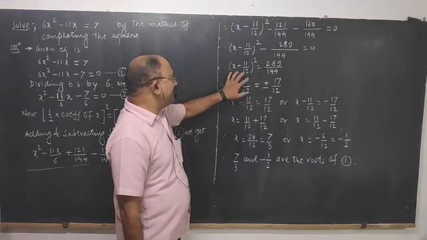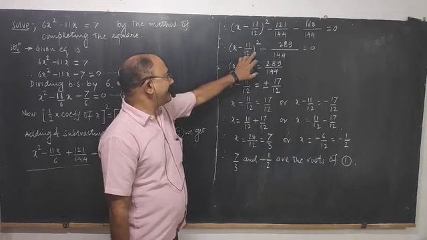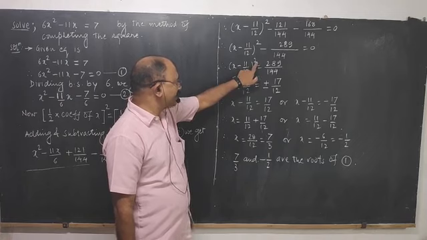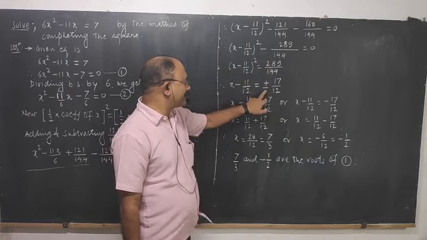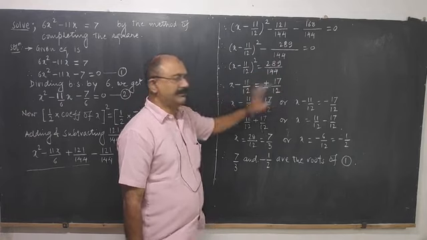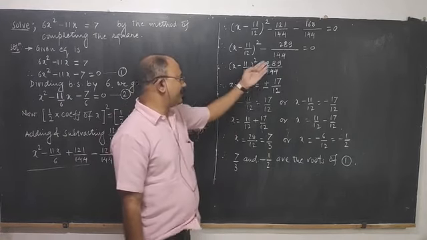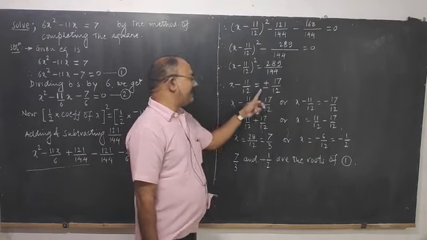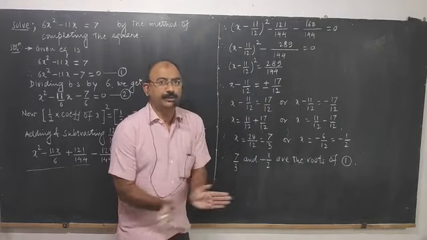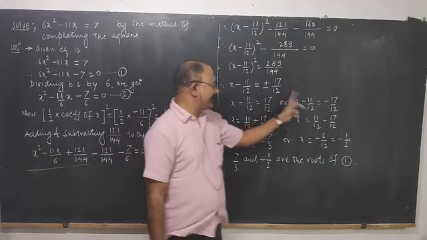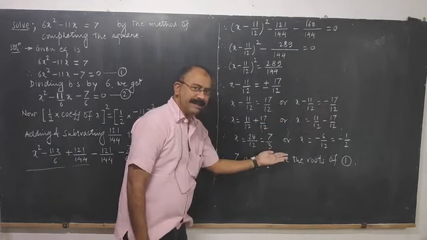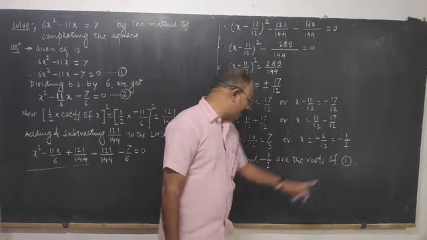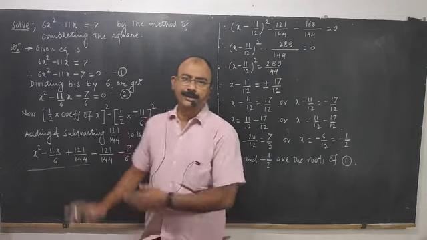So you are getting the equation of the form bracket square is equal to some number. So you take the square root. When you take the square root, this square will go, and on the right hand side plus minus 17 by 12. Why it is so: square root of 289 is 17, square root of 144 is 12, and you have to put plus minus sign. Now you are getting 2 different cases. One will be plus, another will be minus. Simplify and go till the end. You get the values x is equal to 7 by 3, x is equal to minus 1 by 2, and these 2 are the roots of this equation.